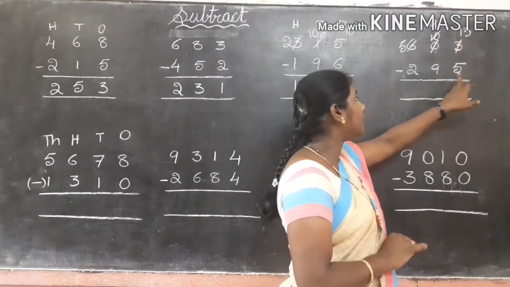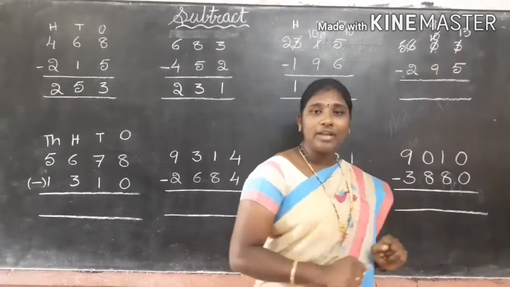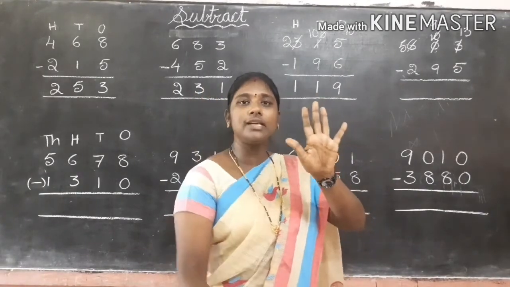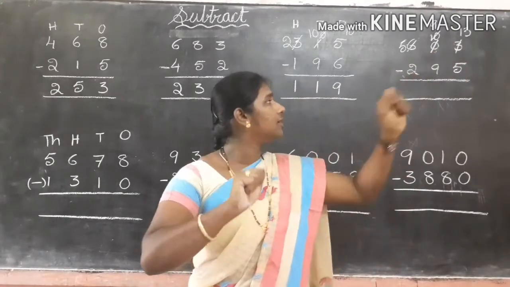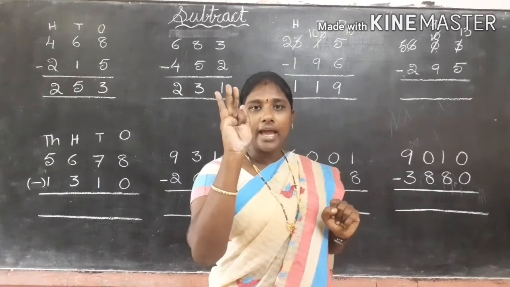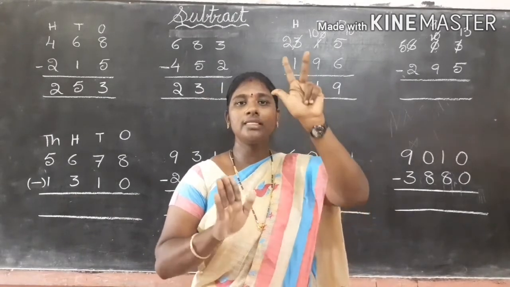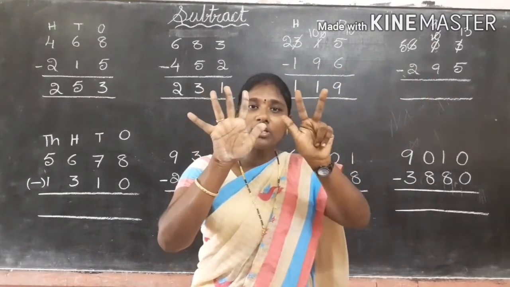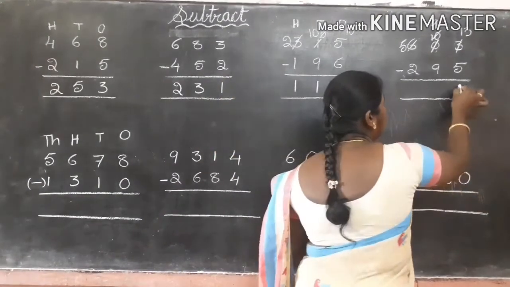Okay, we get 13. Down number, what is here? 5. Now up to 13 we have to count. 13 fingers are not there in our hand, only 10 fingers are there. So that time, what is the number here? 5. Close all the fingers. What is here? 5. After 5, 6, 7, 8, 9, 10, 11, 12, 13. Up to 13 number we have to open our fingers. Now how many fingers shall we open? 8 fingers. So the answer is 8.